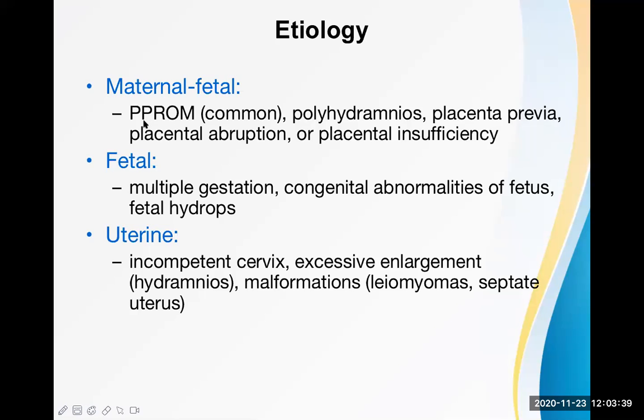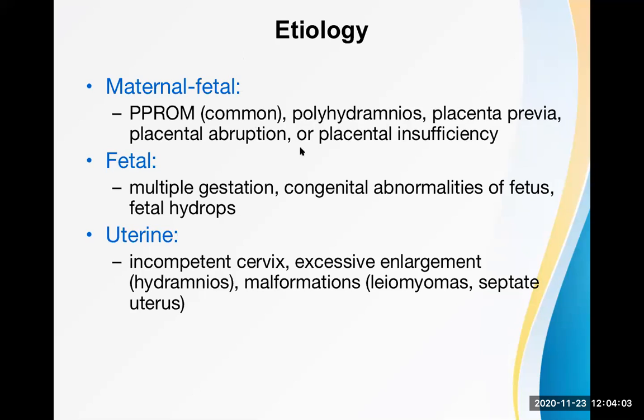This is a very commonly used term in the field of obstetrics. If 2 P's are not used, just 1 P is used, then this is called premature rupture of membrane. Right now we are talking about preterm labor, so we use the term preterm premature rupture of membrane. This is one of the common causes. Another is polyhydramnios. What is polyhydramnios?